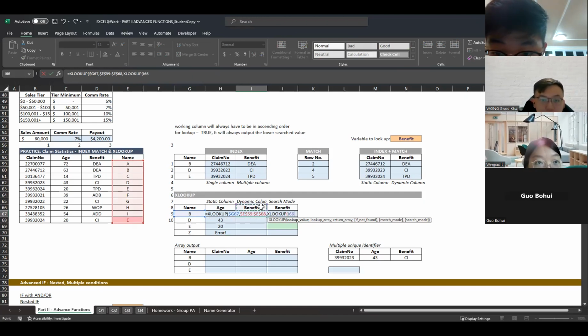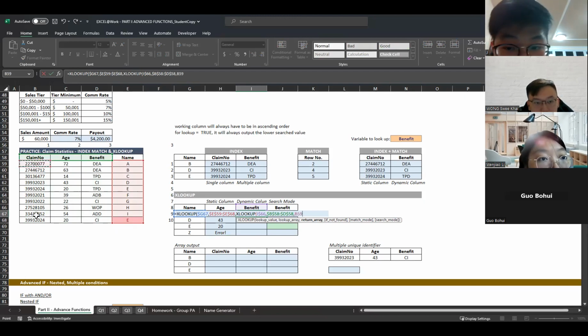Okay. I'll look up this benefit type, and then I will do B to D 58 like that. Sorry, I will search this B to D 58, because I want to look for this column. And I want to output this whole array. If I search this, I'll get back this whole array here. If I search for this, I'll get back this whole array here. That's how the idea is working here. Okay, and now I'll do this again. I'll do error.